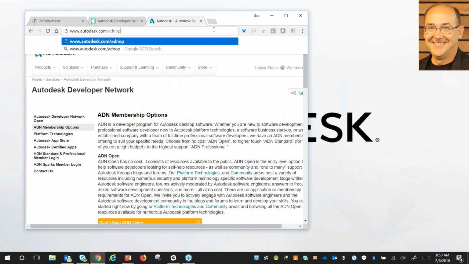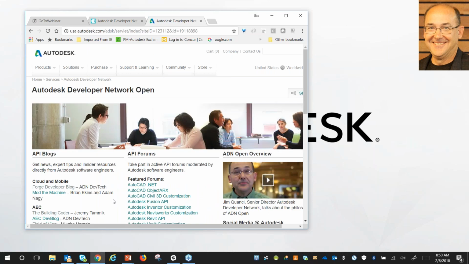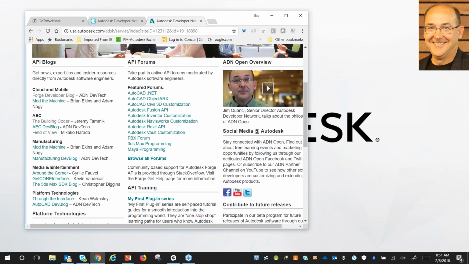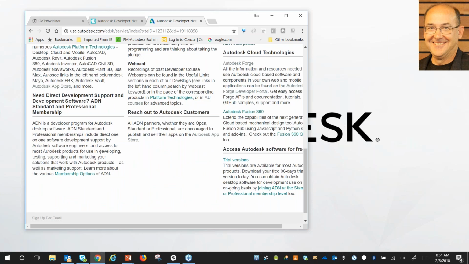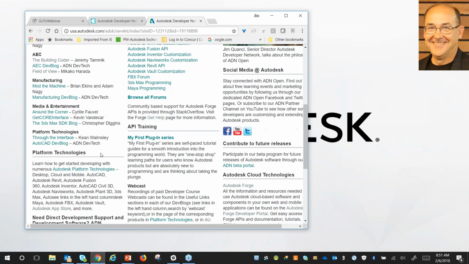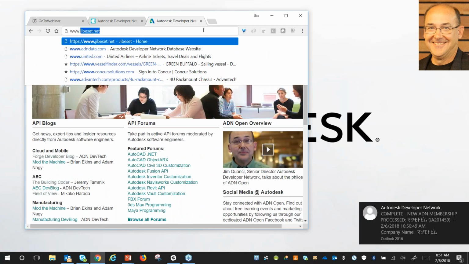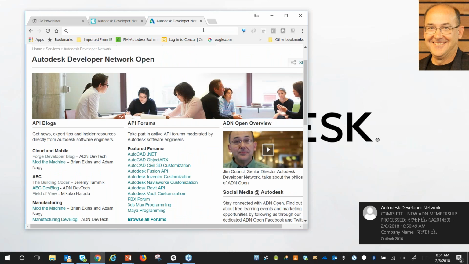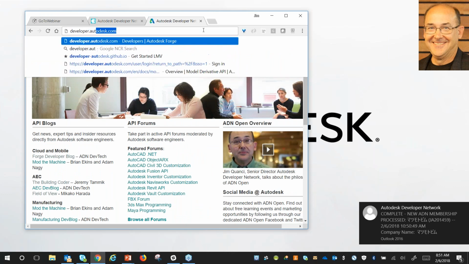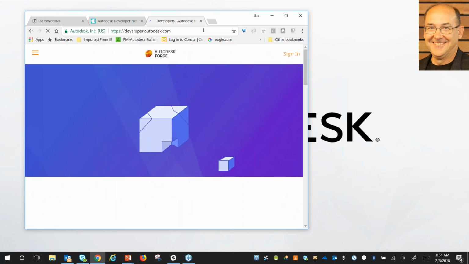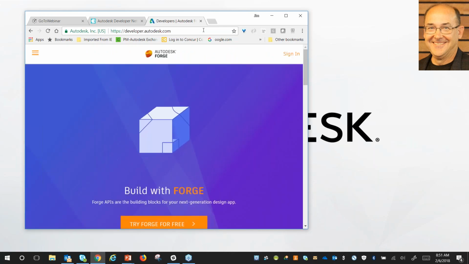Yeah, the other thing I'll do is go to autodesk.com, I think it's ADN Open. Here you can see all the public information, blogs, forums. It points to where to go for cloud information. If it's about Forge, developer.autodesk.com. In a pure cloud world, developer dot the name of your favorite technology supplier dot com generally gets you to their API information.